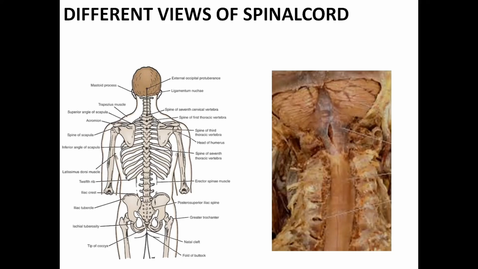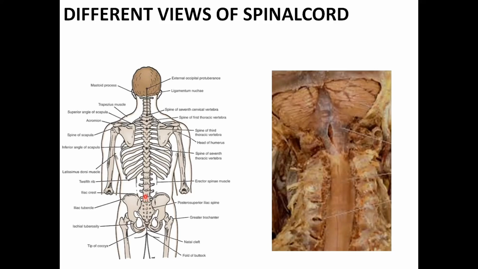During head and neck dissection, we actually break open the vault of the skull, enter the cranial cavity and remove the brain. For spinal cord dissection, we have to break open the spinous process, the lamina of the vertebra, and then enter the vertebral canal. And this has to be done all the way from the cervical segment up to the sacral segment. It's quite a tedious process which takes a lot of hours and a lot of hard work.